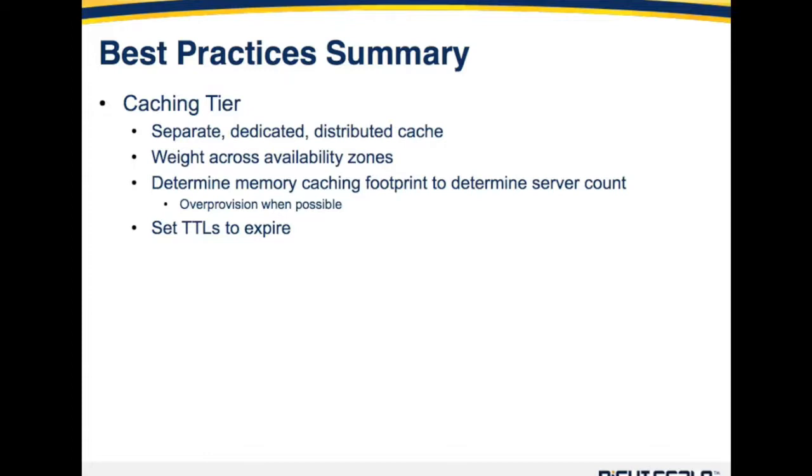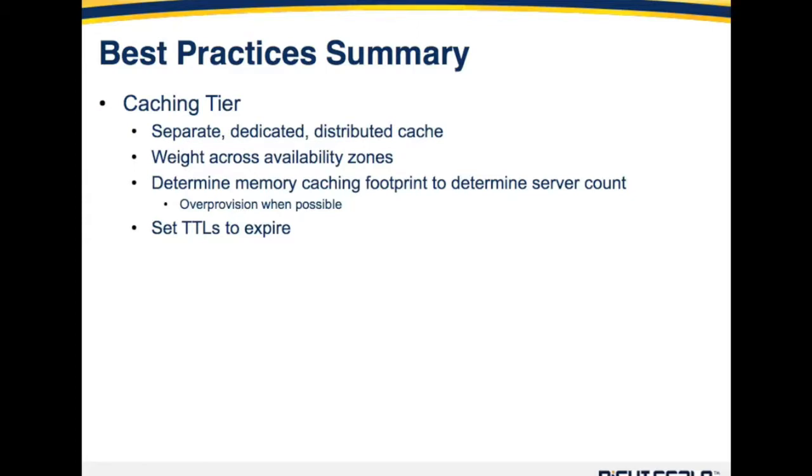We recommend that you weight your caching servers across all availability zones. Again, this is to help increase the availability of your overall application. We recommend you determine the memory caching footprint of your application ahead of time to help determine the server count. And over-provision whenever possible. Give yourself room to grow so that you do not need to quickly add additional capacity